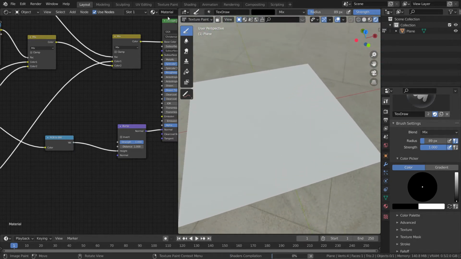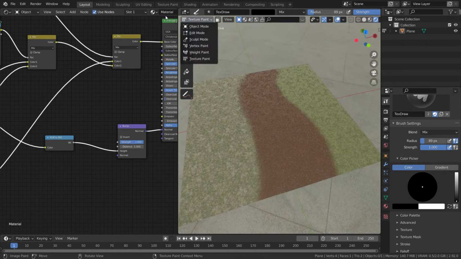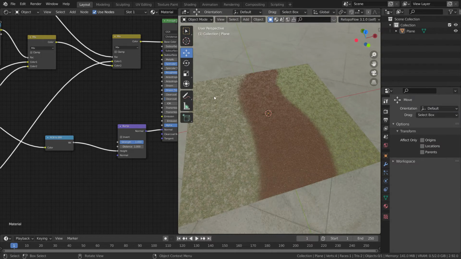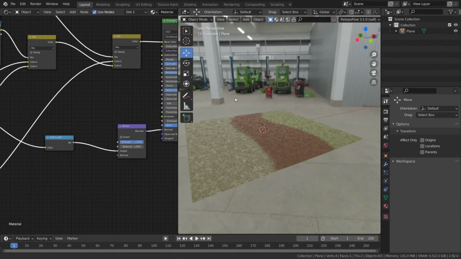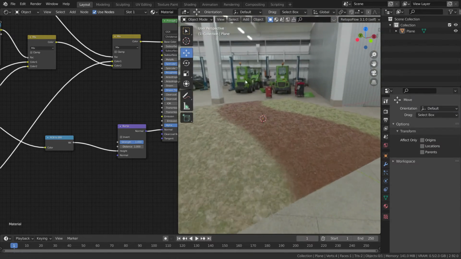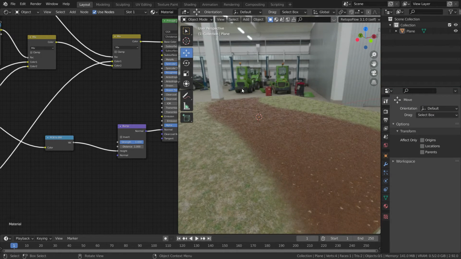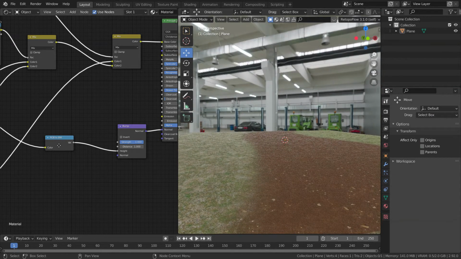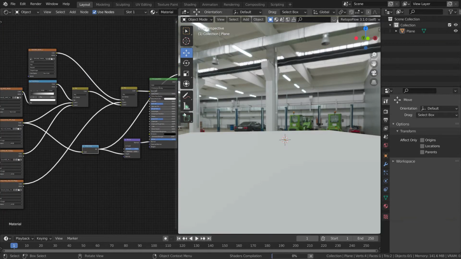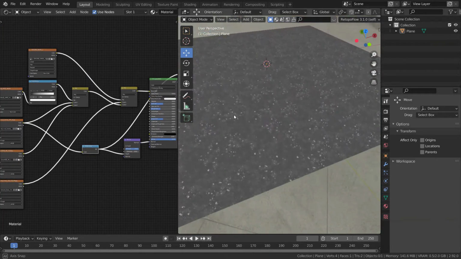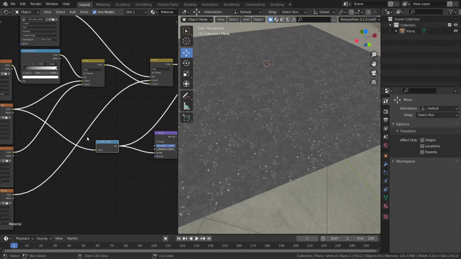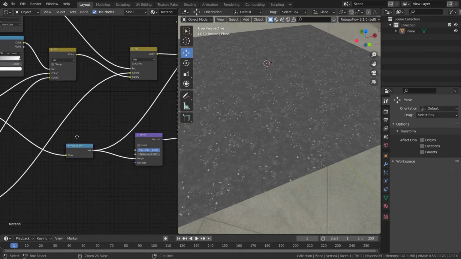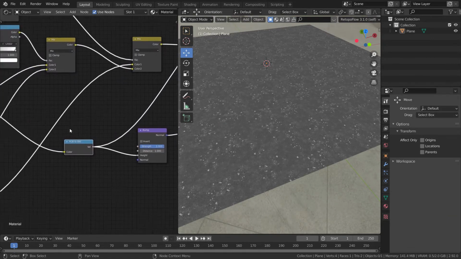Let's get out of the texture paint mode. My Blender is just lagging. Okay, let's get out of the texture paint mode, and then as you can see, you got the bump, but I think this bump is only for the raw dirt texture. So if you want to have the bump of other textures as well, yep, that's for the dirt only. So you can also mask the stuff out over here.